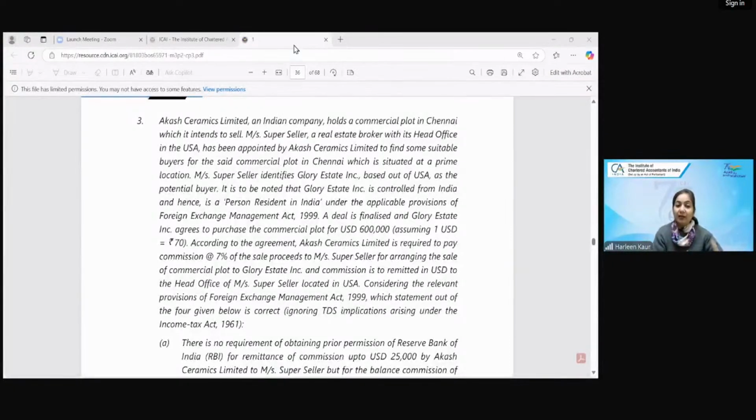Current account is more of a headache because you have 3 different schedules, schedule 1, 2 and 3. That is also very simple. Simple schedule 1, prohibited transaction. No drawal of foreign exchange. If I ask you for the lottery tickets, racing, all those kind of expenditures, can you withdraw the money? No, ma'am, it is strictly prohibited. For tourist, private visits, for your traveling, medical expenditures, for study abroad, yes, ma'am, 2,50,000 USD is permissible. Then you come to your schedule 3, all those surface motor transport and all these approvals of the department is required. Then you talk about the approval required for the army. So this is how you have to learn it. You have to write and learn all these kind of transactions.